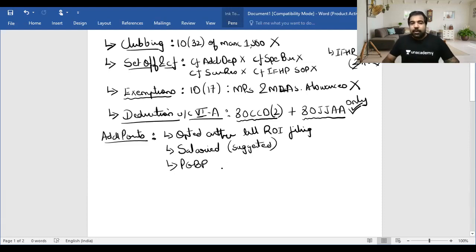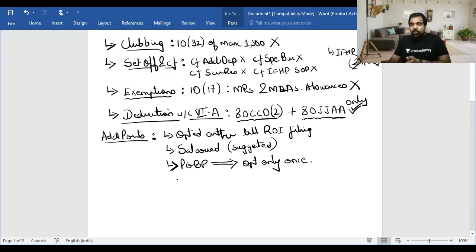But one person for whom there is some peculiarity are those people who have PGBP income. So if you have PGBP income, then no problem, you can opt anytime, but you can opt only once. That means if you have PGBP income, let's say you have some business or a profession, you're a surgeon or a chartered accountant, or you have a business of selling something or buying something, then you can enter into this once. Once you enter, and if you don't like this and you get out, you can't enter again. Unless the business is over, and now you don't have a business, then you can again enter. But till you have a business or profession, you can only enter once.